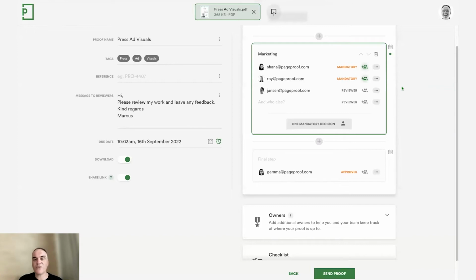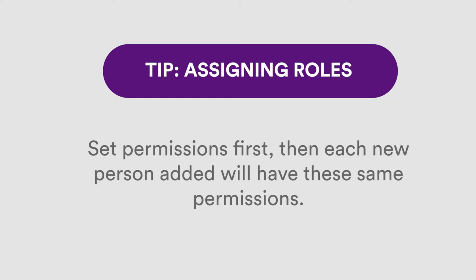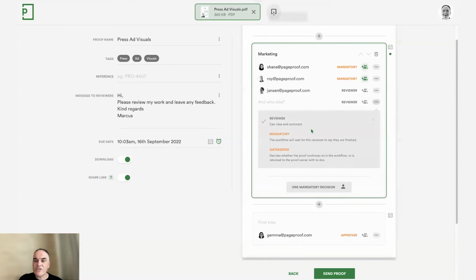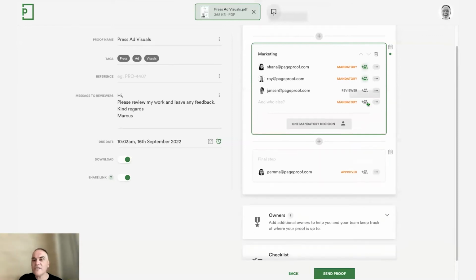Now, one thing I will also point out here, if you want to add more people into the step, but you want to make them mandatory by default with the inviter role turned on, and you don't want to go to the menu every single time, tip number two, this is a great one. So you can go in with no email address set. If you set it to mandatory or the role that you wanted, switch on what you need here as you type in email addresses now.